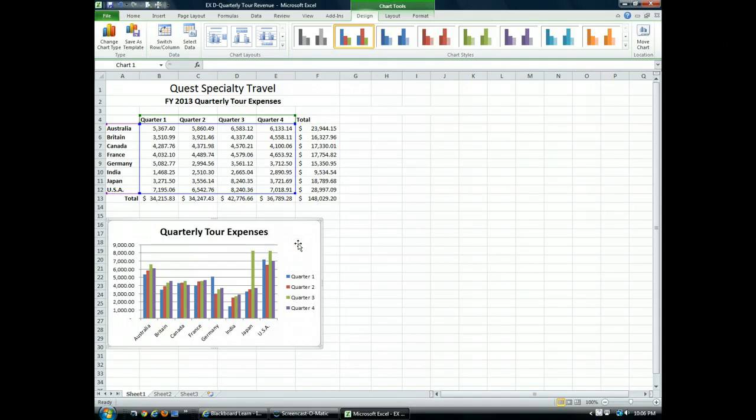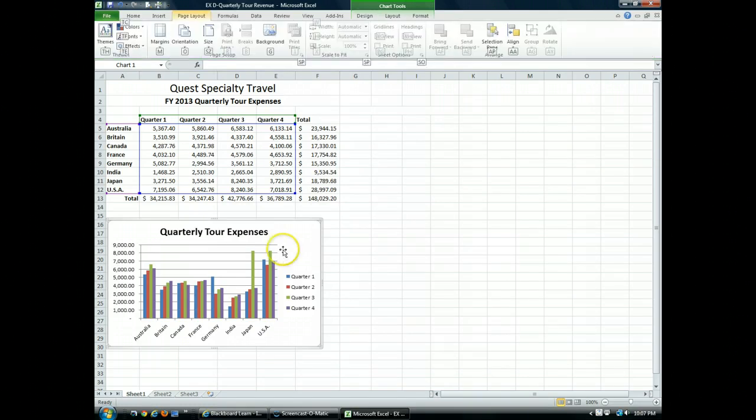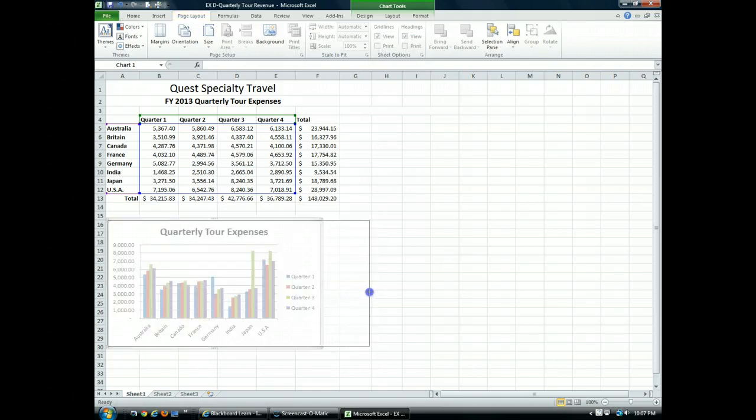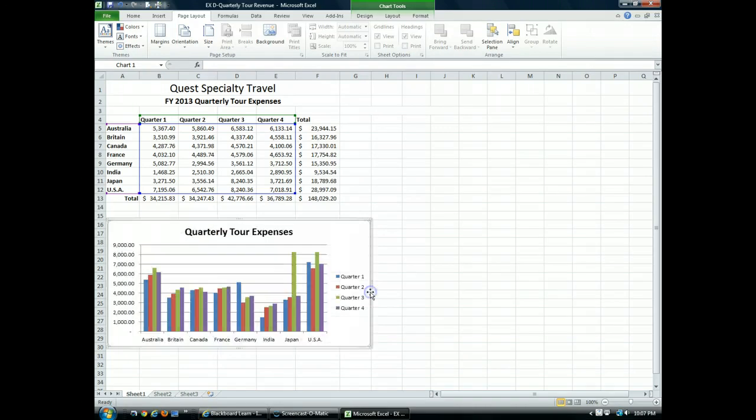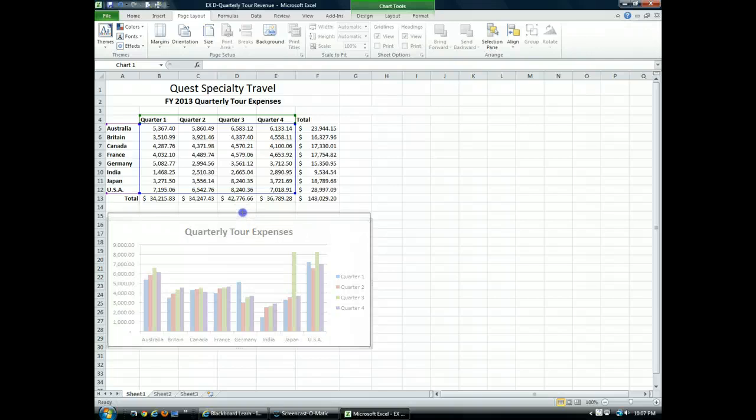So now let's look at how we can resize the chart a bit. I'm going to position my mouse pointer right here on the far right in the middle, until it changes to a double-headed arrow. This is a resizing pointer, and what I'll do is hold my mouse button down and drag until my chart edge is at the end of column G. I can also do the same for the top and the bottom. I'm going to drag this up. I'm going to put my mouse pointer here, get the double-headed arrow,